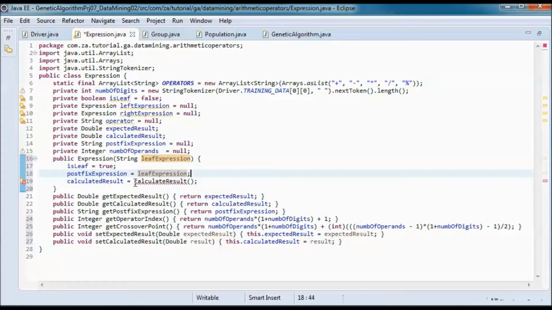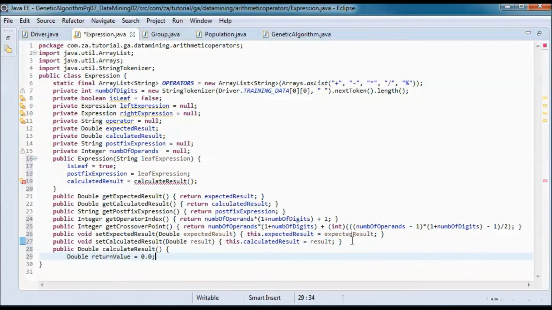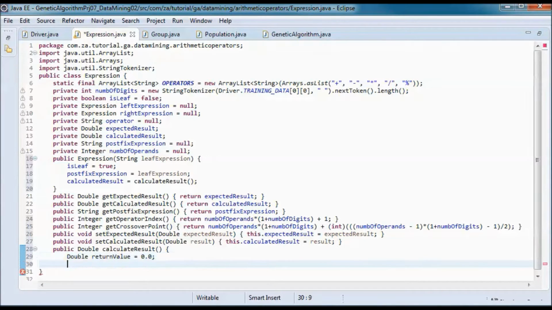And we will have a calculate result method that would calculate the result and set the calculated result here. So let's define that method here. For now it's returning 0, and I'll be adding the logic later on.